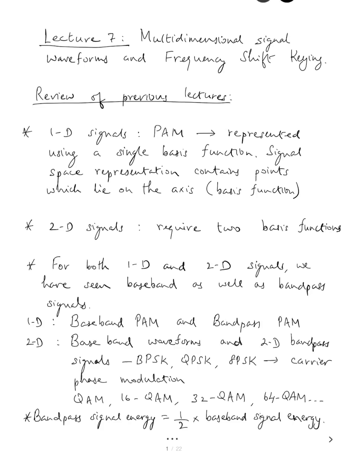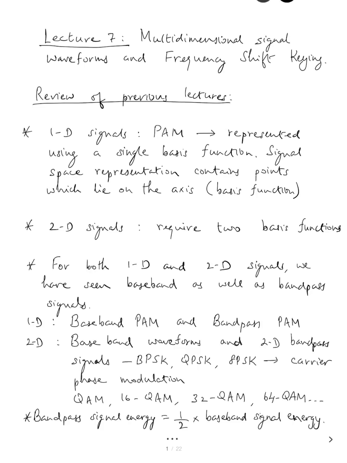In the one-dimensional case, we talked about baseband PAM as well as bandpass PAM. Similarly, in the two-dimensional case, we saw a few baseband waveforms, and then we also saw some bandpass versions of two-dimensional signals, in which we saw a few types of bandpass signals achieved by means of different